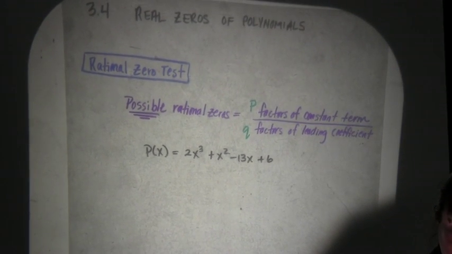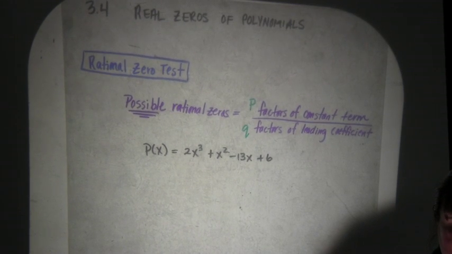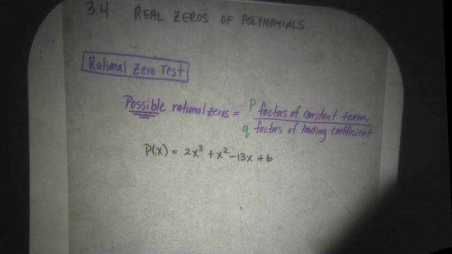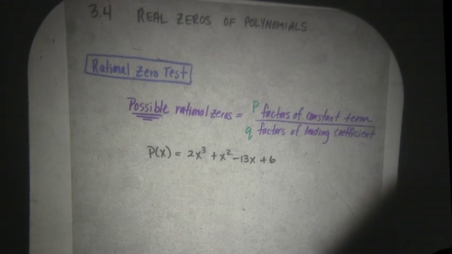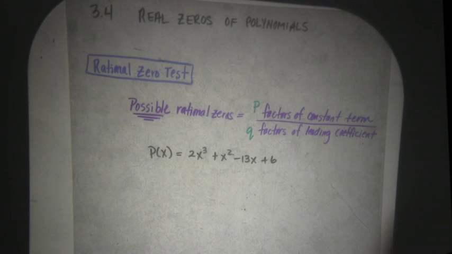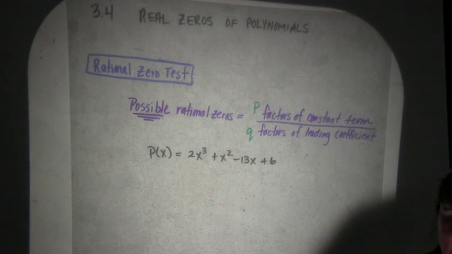I'm not going to lie, this section can get kind of hairy. There's a lot of techniques, but just remember that the goal is to use a combination of the techniques to maximize your efficiency in finding zeros. Again, our quest in this lesson is to find zeros, find zeros, find zeros, and not only just zeros, but